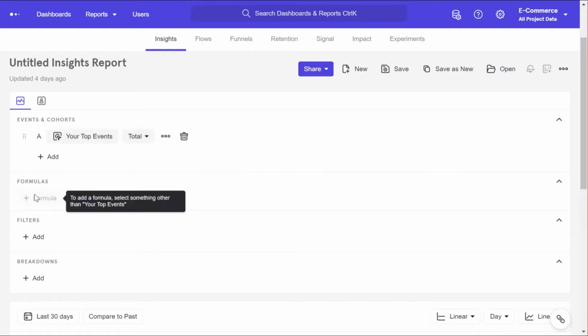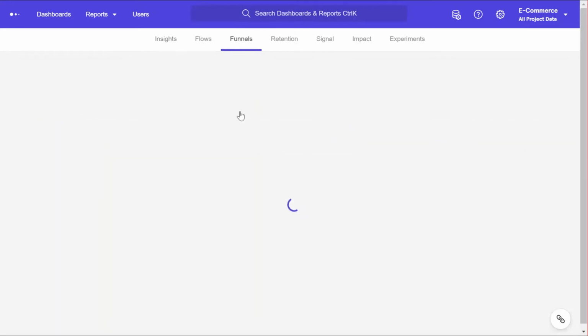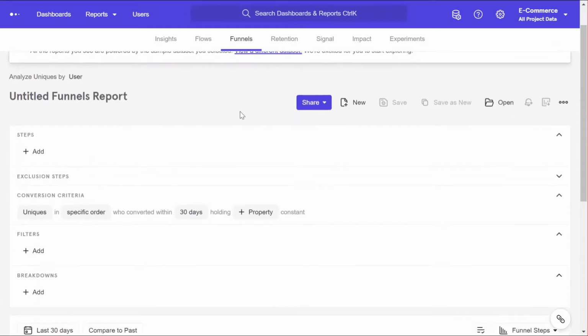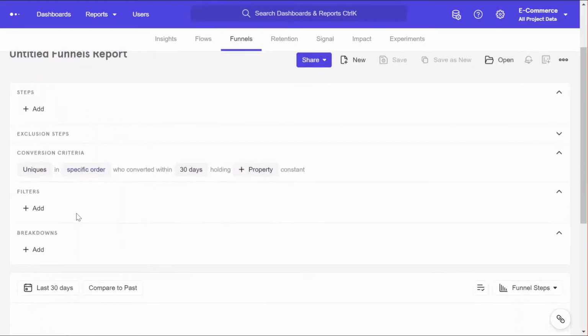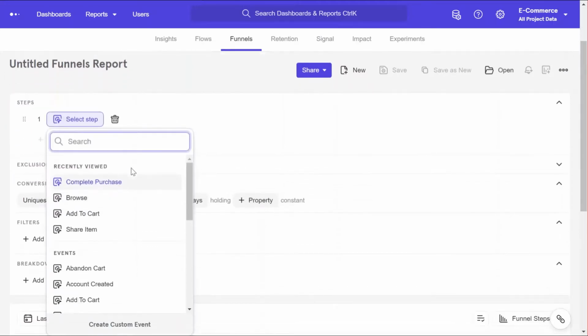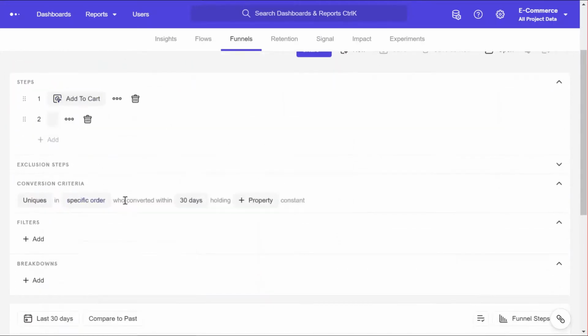There are features like filters and breakdowns to be explored here, but we will come back to these later. For now, we will move on to the funnels report. Now, as I may have mentioned earlier, funnels is where event analytics shines because unlike SQL or even programmatic analysis, it is very, very simple here. And I will show you by drawing a very simple funnel here of just two steps. First step is add to cart and second step is complete purchase.